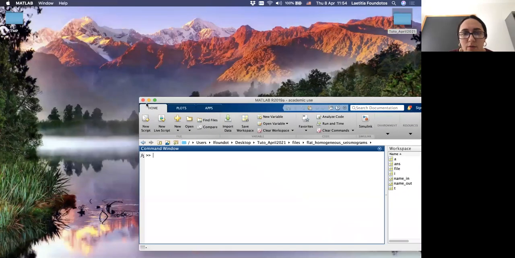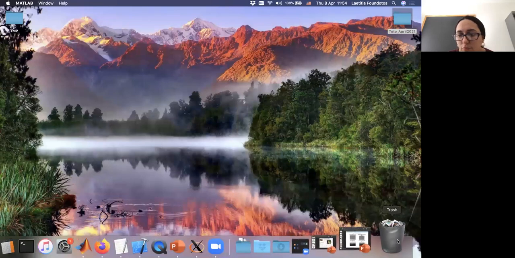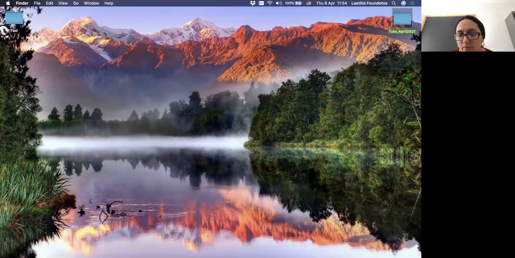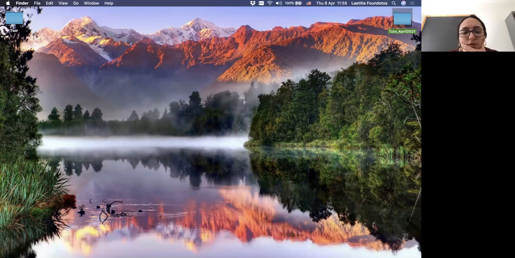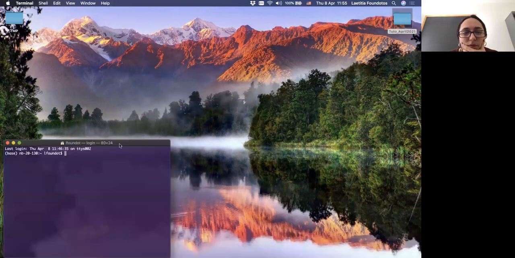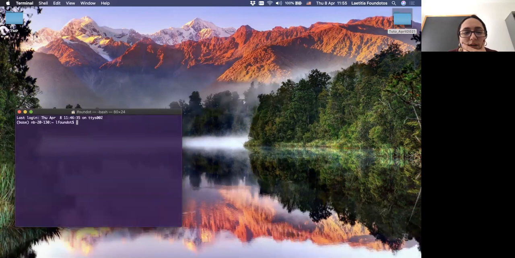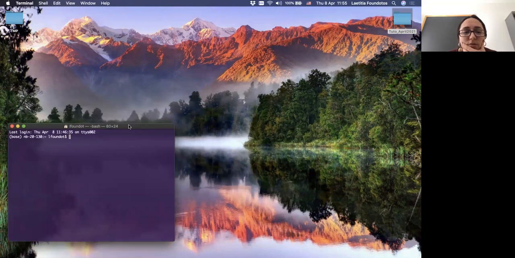Why I show you how to use SAC. I show you SAC because in fact a lot of seismologists think that this is a quite old-fashioned way to do things in seismology, you know, to use SAC functions inside the terminal. But you will realize when you manipulate seismological data that SAC format is quite a lot used.